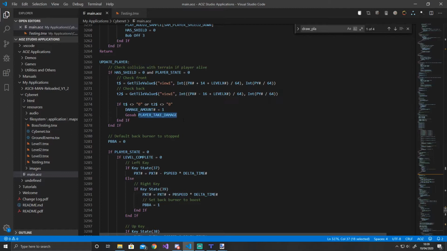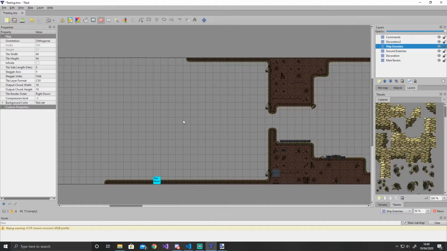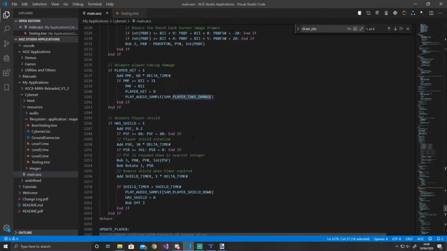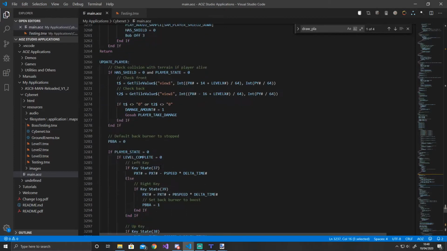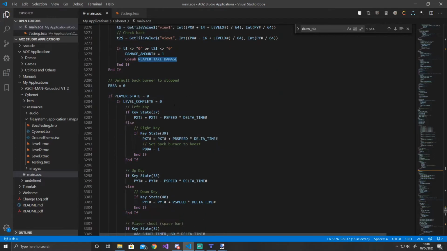and it'll go to a separate part of the code to look after applying that damage to the ship. It looks after reducing the health, triggering the damage animation that I was telling you about up here. So player hit and the PMF would be set within this player take damage. So I won't show you that, but that's basically what that's doing. And now we're